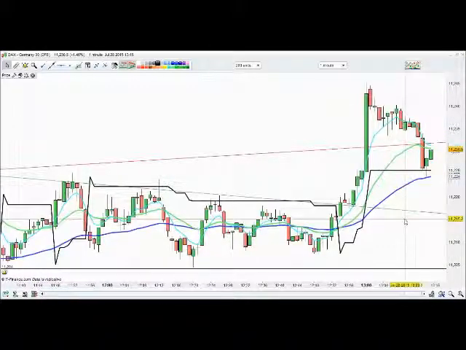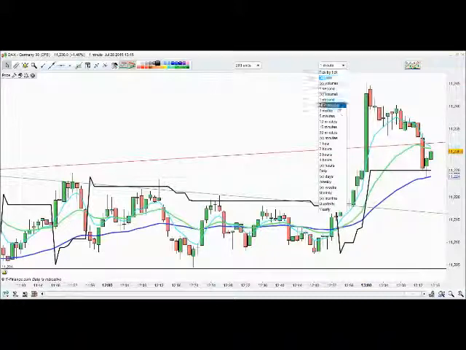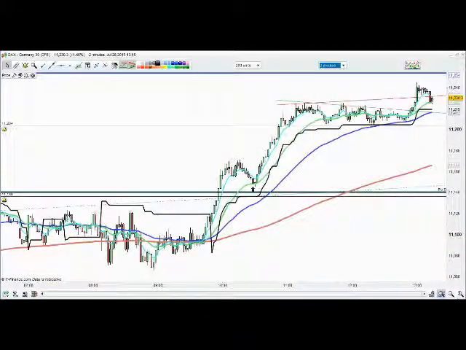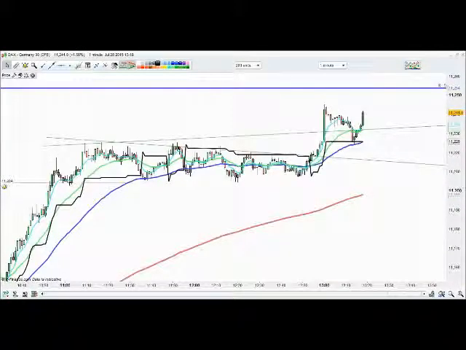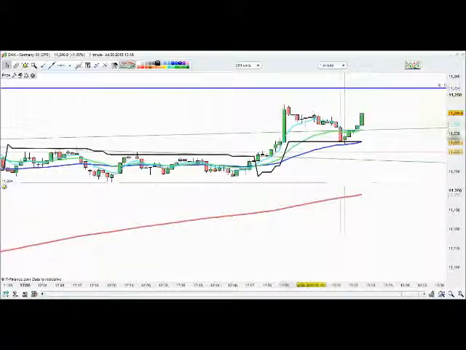Now the price is using this black line here as minor support. That's on the 1-minute time frame. So if it breaks through that, that's good news for the fact that we're selling. But I am looking for the price to test this level on the 2-minute time frame for support, which is 11,219. So you can see that the price has used the 1-minute time frame as support just there. Okay, which is at